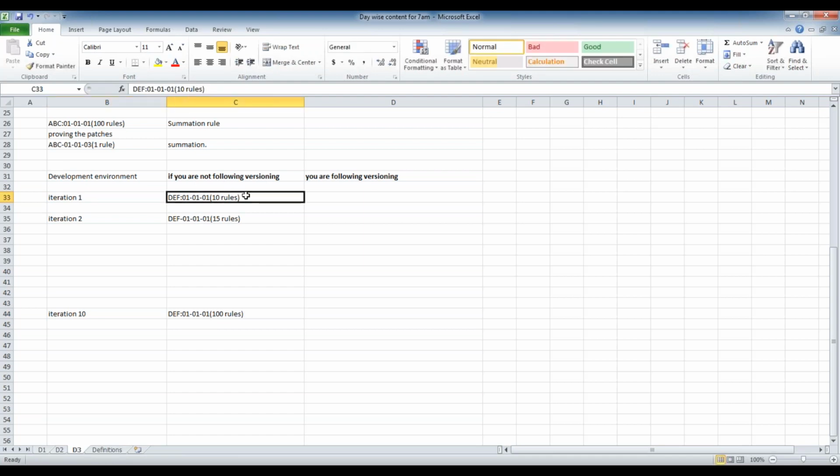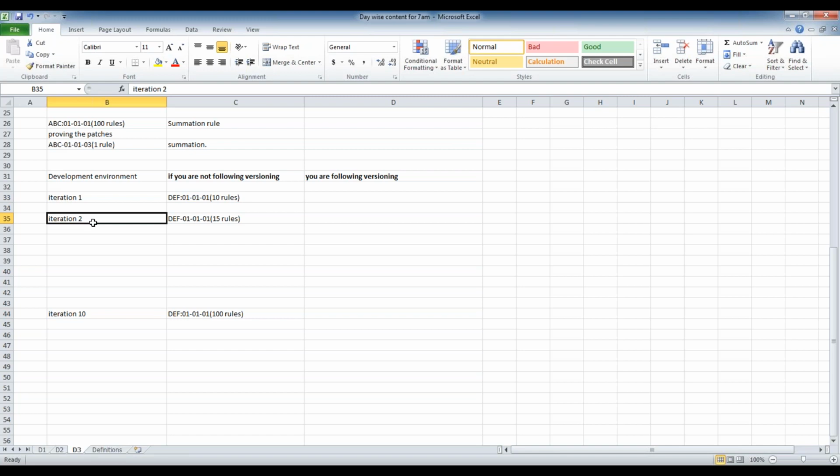You cannot fix the issue. You cannot go back. If it is a simple logic, you can manually edit that. That is fine. But if it's a complex logic, because we are taking 2 weeks for each iteration, iteration 10 means 20 weeks. The developer may forget what they have written previously. There is a chance for that. Or else they need to spend more time writing the same logic again.